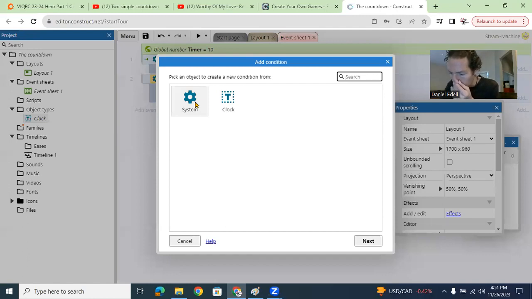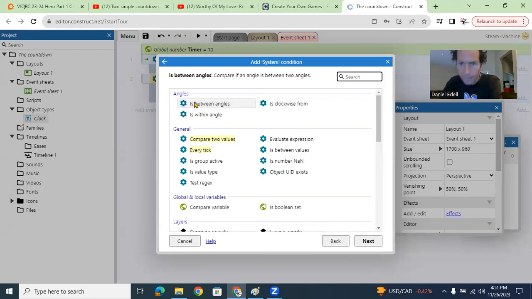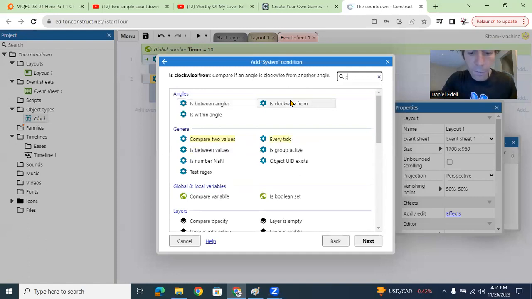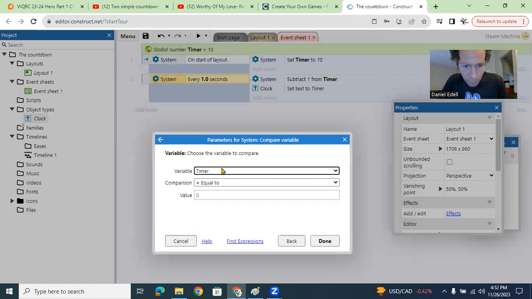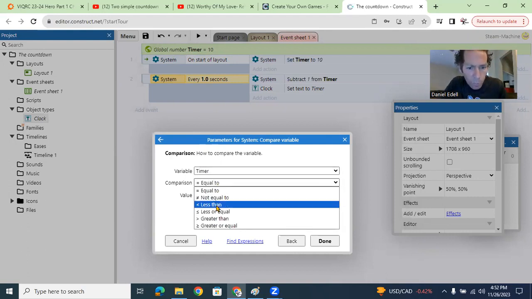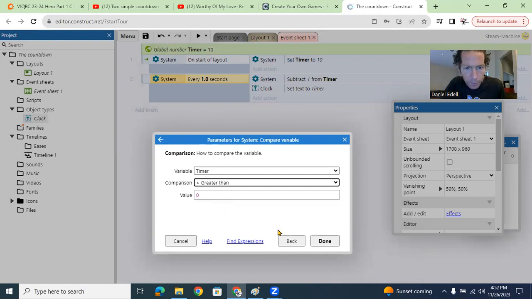All right, so this one, go to system, and what you want to do is, I'm trying to remember, go to compare variable. This is probably the hardest part of the code. Now you want to put obviously timer, because that's our variable. Our variable is called timer. Now we don't want it equal to, we want it greater than. If it's greater than 0,